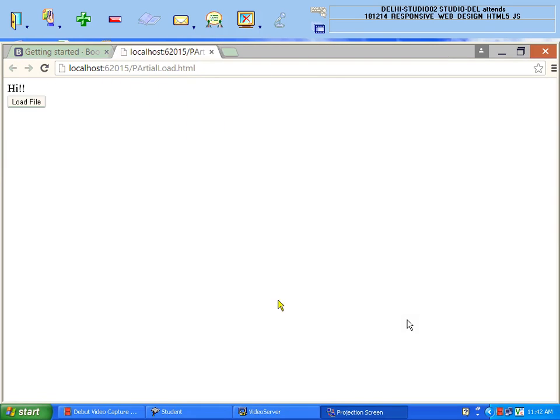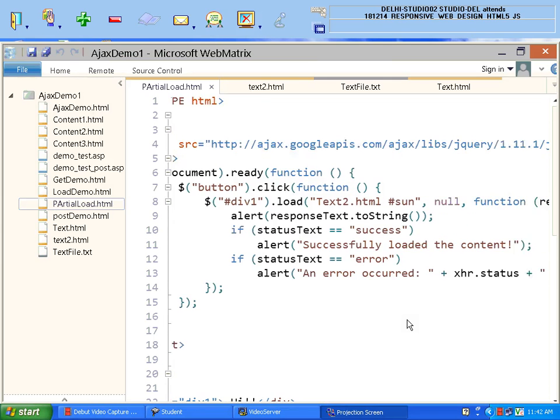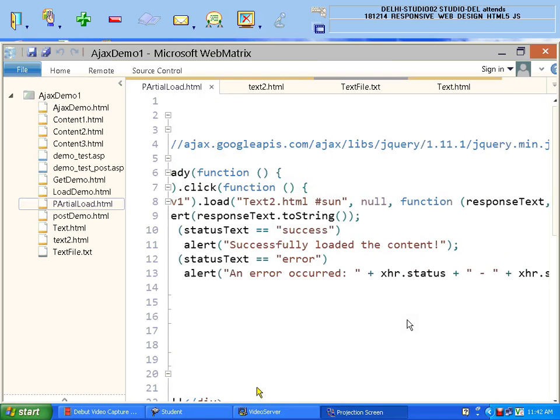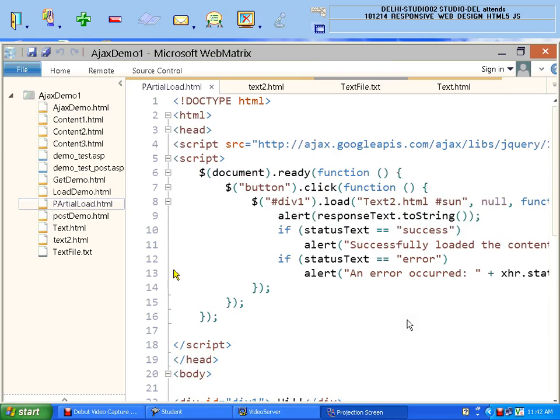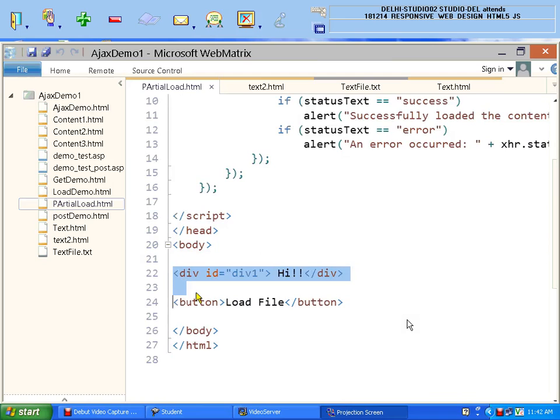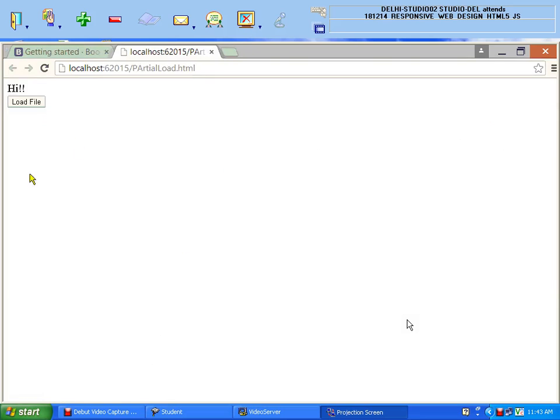Just have a look, this is my web page. In my HTML you can see I have only one div section, and I want to display one message, hi, and there is one button. This is what is coming in my web browser: hi, and load file.